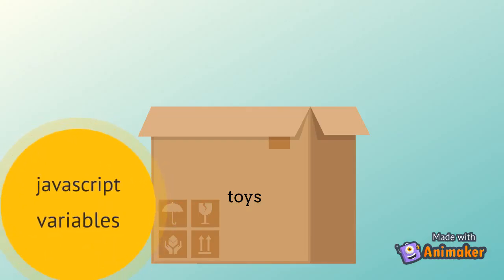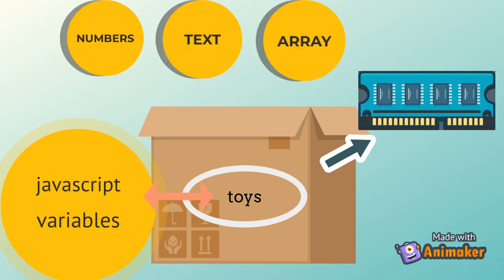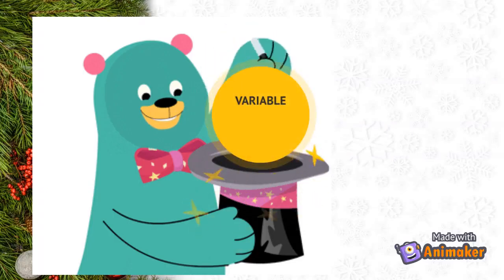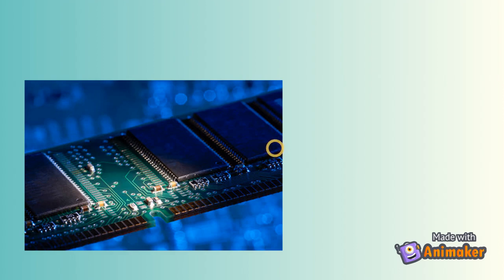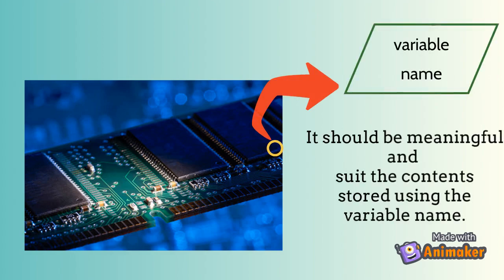We can think of a JavaScript variable as those little labels on the box. The box can be considered as a piece of computer's memory where we can store different kinds of information: text, numbers, a list of numbers. When a variable is created in JavaScript, a small piece of computer's memory is reserved and it is associated or linked with a meaningful name, a name which would suit the contents we will store in that memory location.